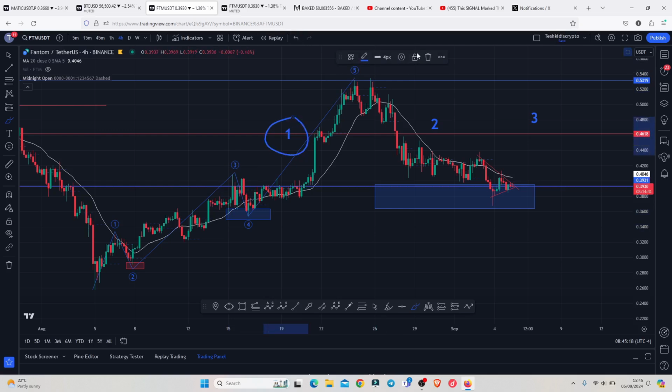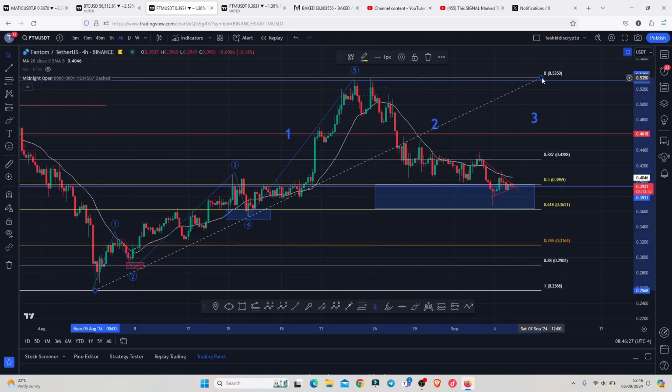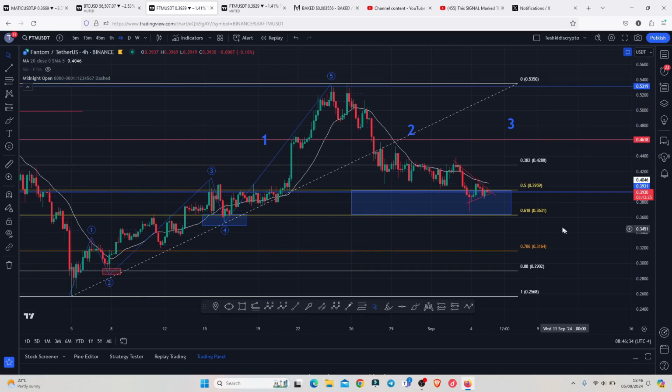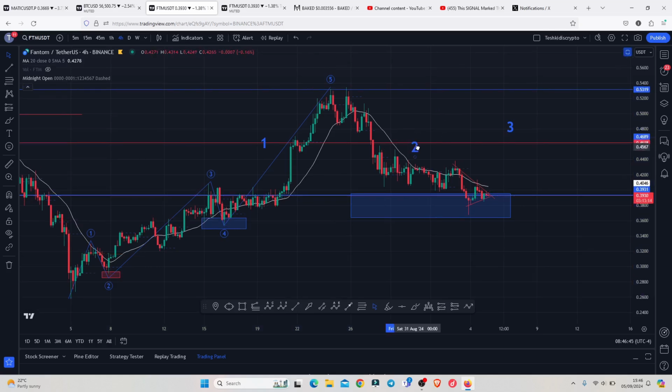And after we peaked in this larger Elliott count 1 in a move that gave us a high above the 0.5345, I was expecting a bit of a corrective structure in the formation of a larger Elliott count 2, whose minimum target areas I have highlighted here on the charts using this blue target area, an area that we have now fully maximized. And I came up with the area by connecting the fibs from the lows that we made on the 5th of August to that high in that Elliott count 1, getting the minimum pullback target areas between the golden pocket, which lies between the 0.3959 and the 0.3631, which is an area that we have now almost fully maximized, and there are high chances that we now have a low in place for this Elliott count 2,